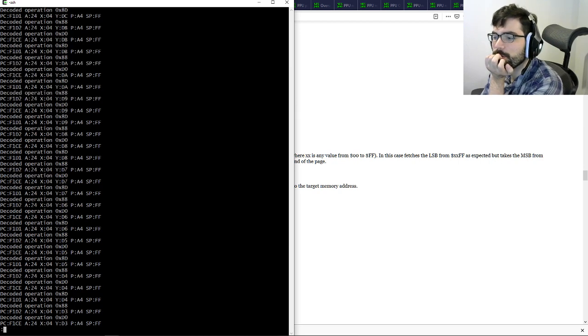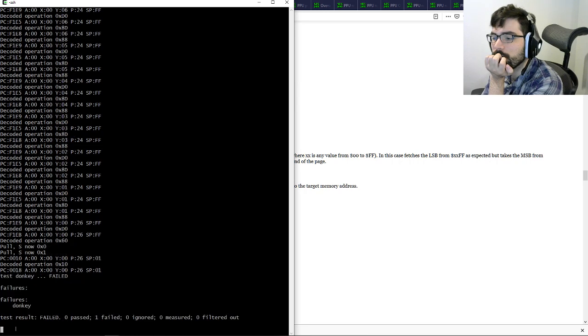But then at some point we're returning again without ever having JSR'd. Curious. Also, pulling from the very top of the stack is a bad sign as well. Not very surprising. Let's look at some of these previous opcodes.